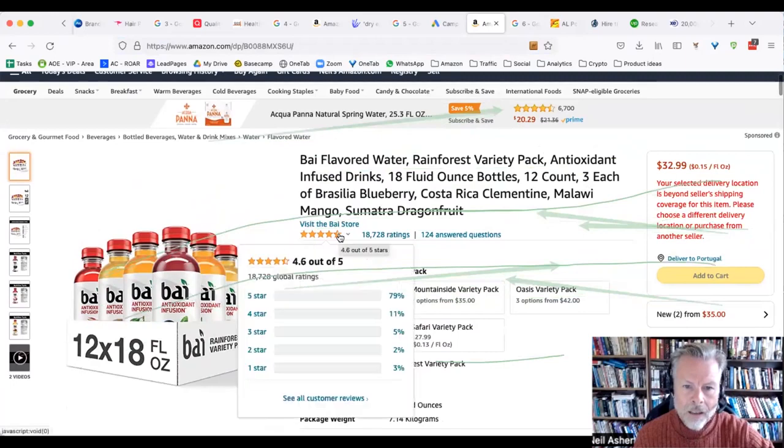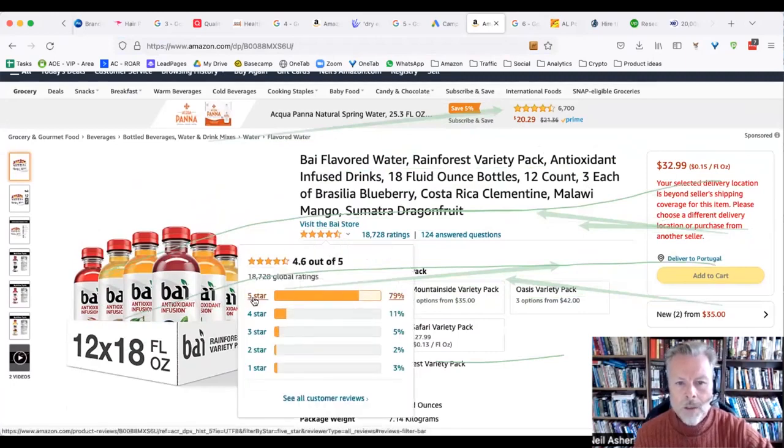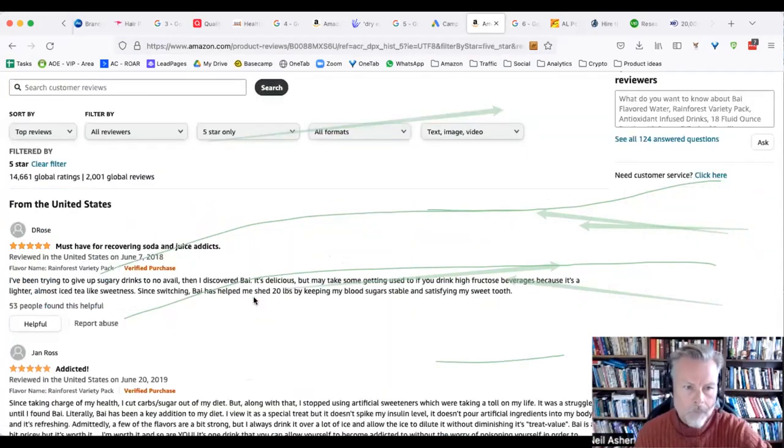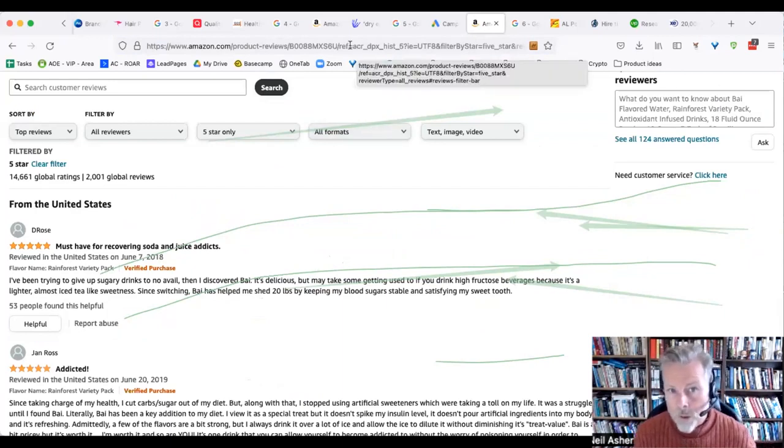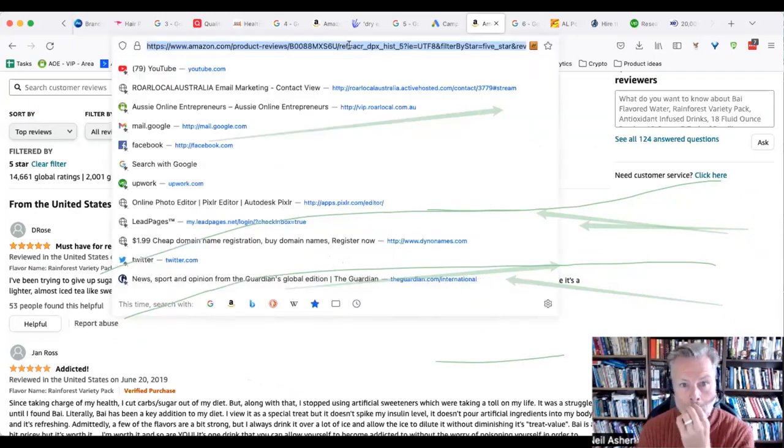So if I just go down to here, what I want to do is pull that up and then pull up the 5 stars. So now I'm looking at all the reviews that are 5 stars that have been left for this product. First thing you want to do is take a look at that URL, because we need to alter it a little bit. It's got all this extraneous stuff in it. So the URL you want to snag is